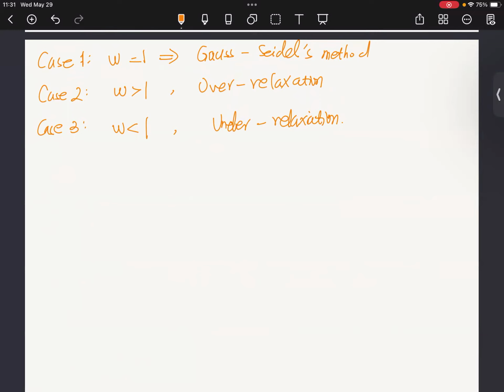So if it satisfies this condition, it does not say that it's already convergent. But it is necessary, which means that if it converges, then omega should have this range of values. A necessary condition for convergence of the SOR method